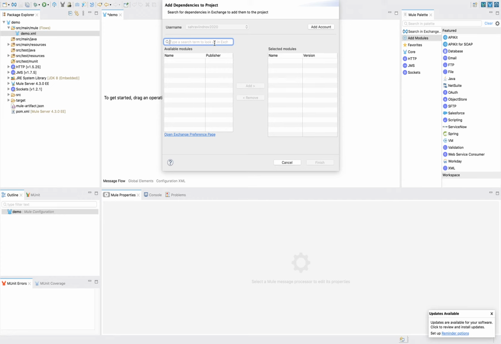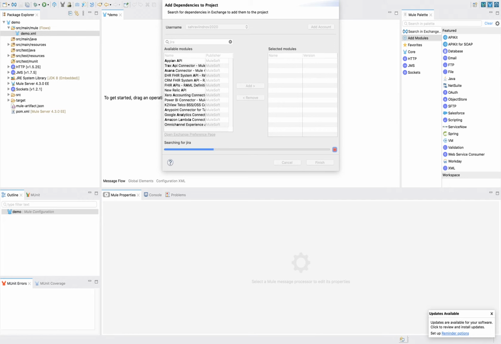For example, I want to use the Jira connector. It will give you a list of connectors related to Jira.